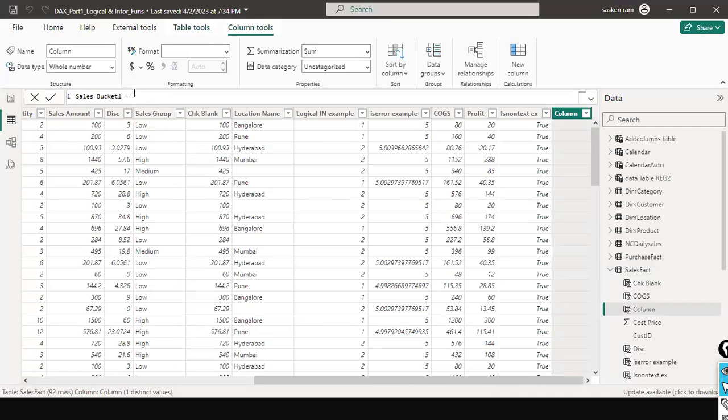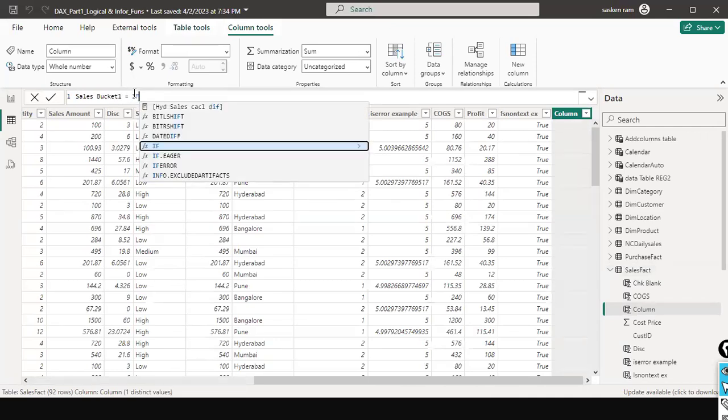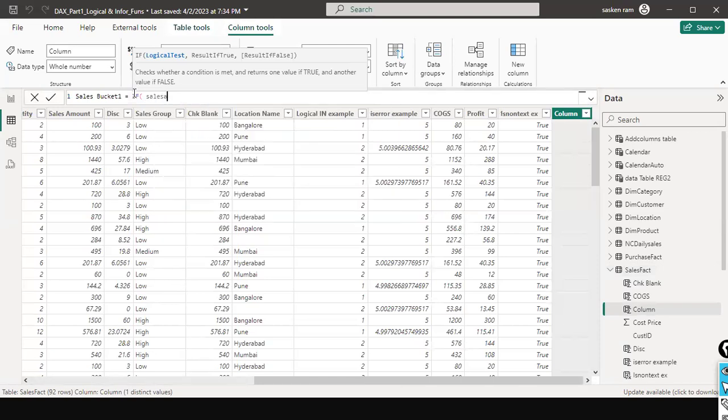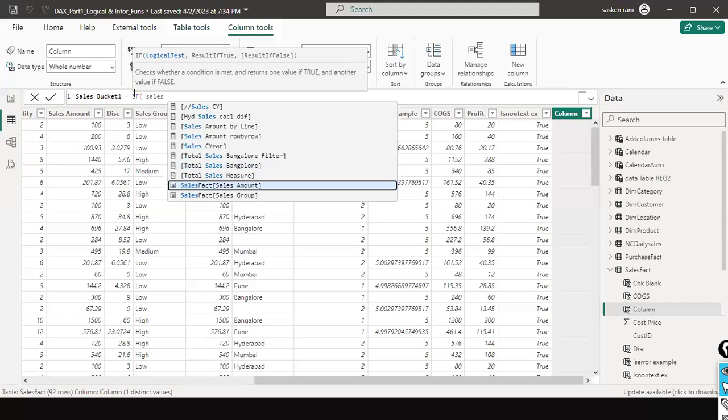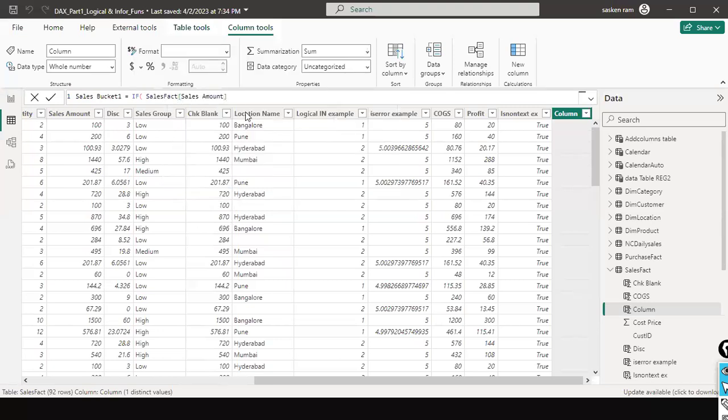Bucket one or something like that. Okay, and if the sales amount, look here, you don't have to type the entire column name. Just type the first name of your column, right? Then if you scroll down, all the columns or measures that start with sales are displayed. All I need is the sales amount. I just clicked on it. I did not type the entire name,